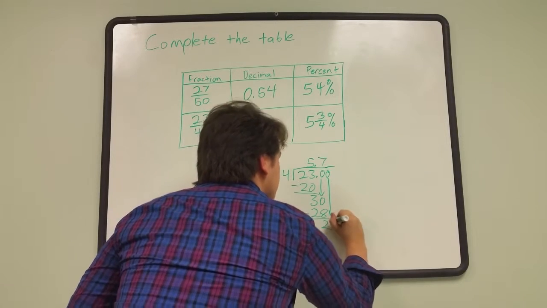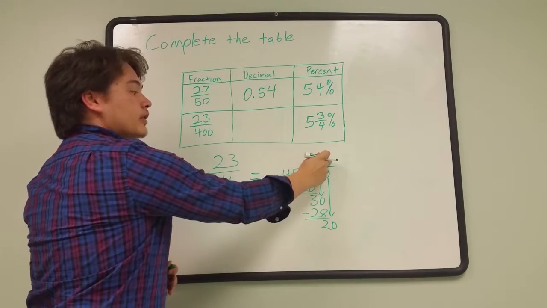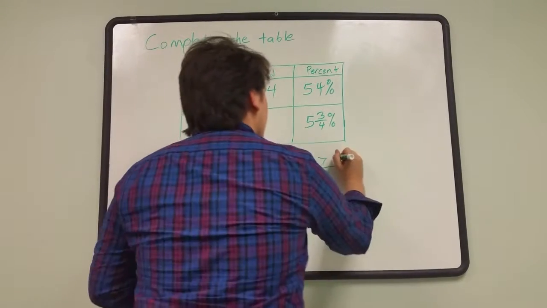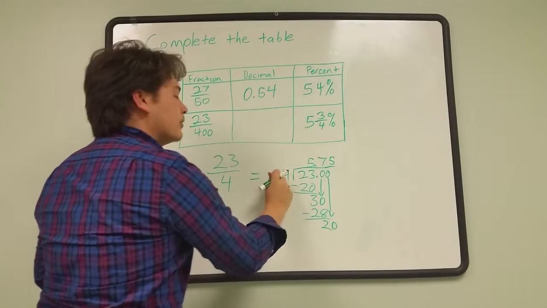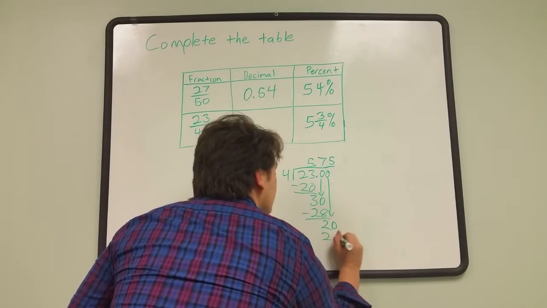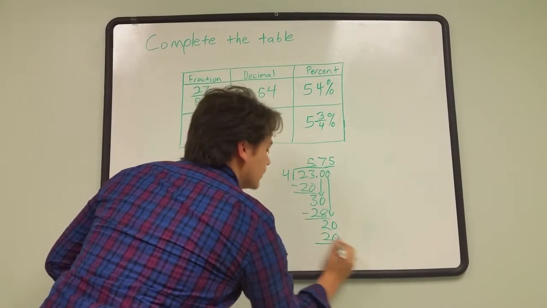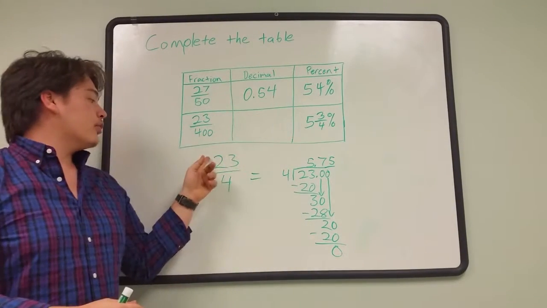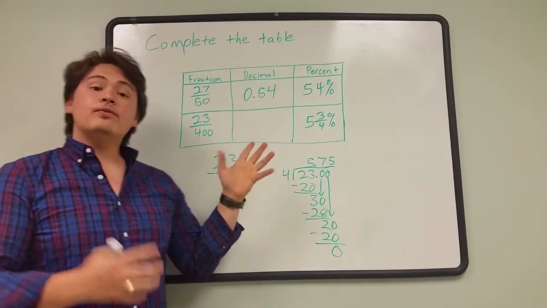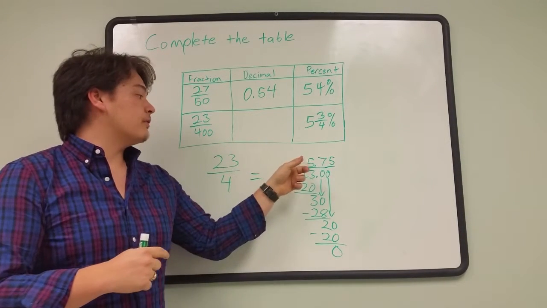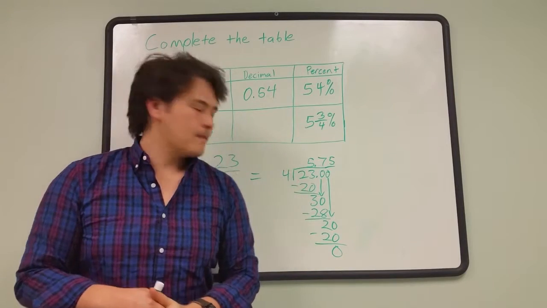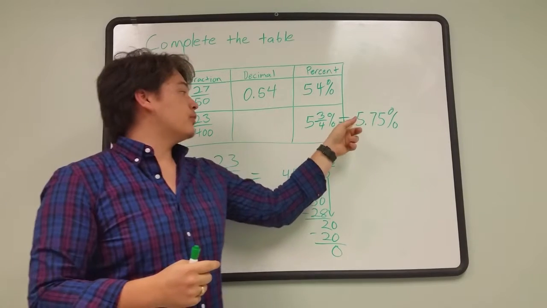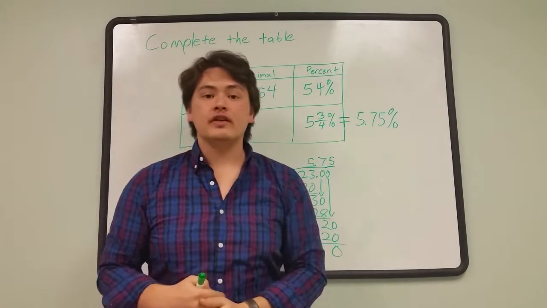Bring down the next 0. So what number times 4 is going to give me something close to 20? That's going to be 5. So 5 times 4 is going to give me 20. 20 minus 20 is going to give me 0. So we've converted 23 over 4 into a decimal, which is going to be 5.75. So now that we know that 5 3/4% is equal to 5.75%,